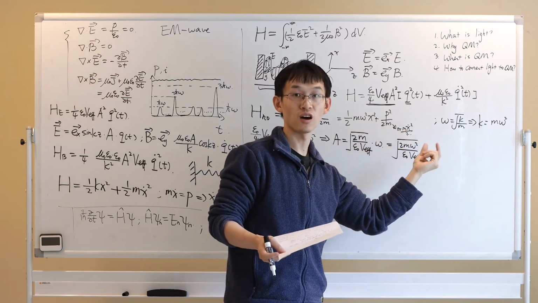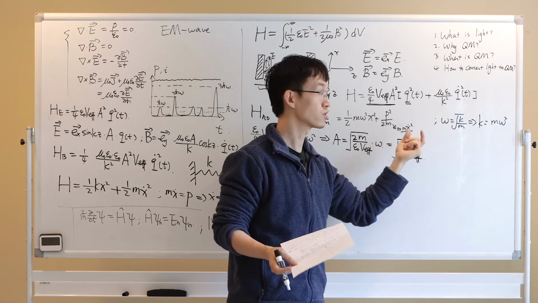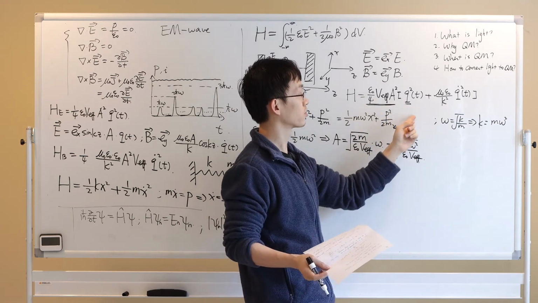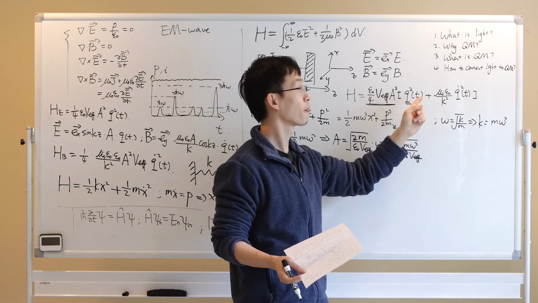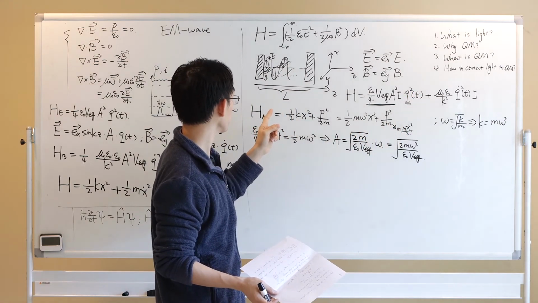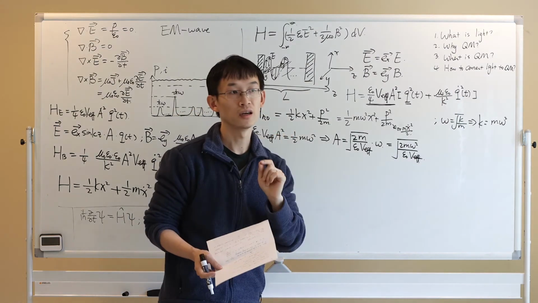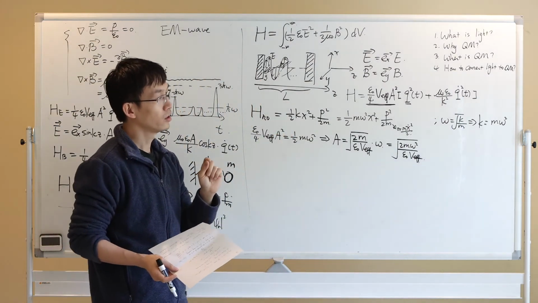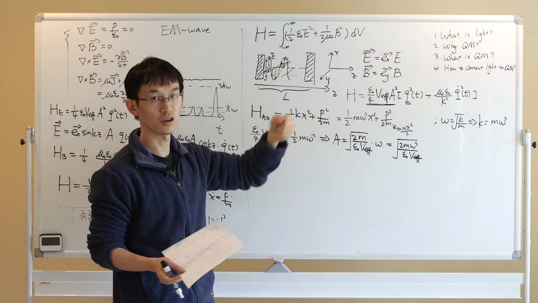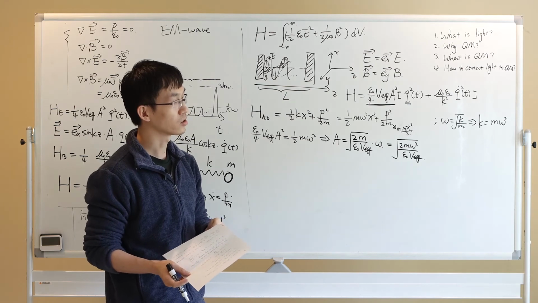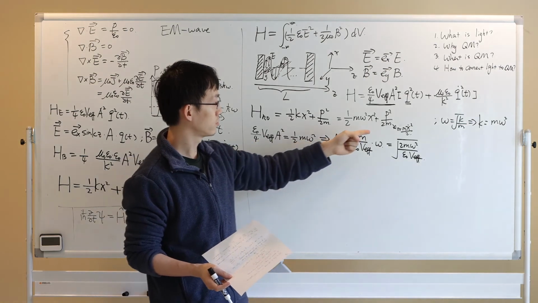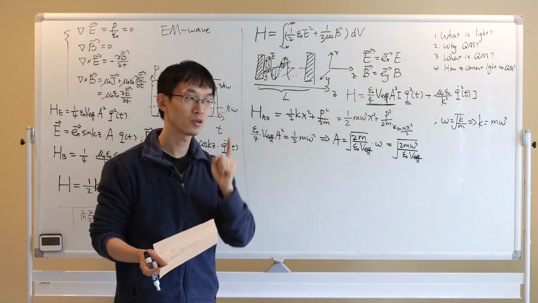But if there's another parameter that you cannot cancel, you cannot get an m here, it means that there's something different between the EM wave and the harmonic oscillator. And you know, the thing I can tell you is that for an oscillator, harmonic oscillator or EM wave, there are different types of oscillators. The way to think about it is that the parameter here, what it really means is that